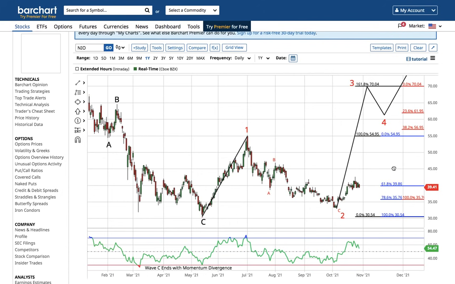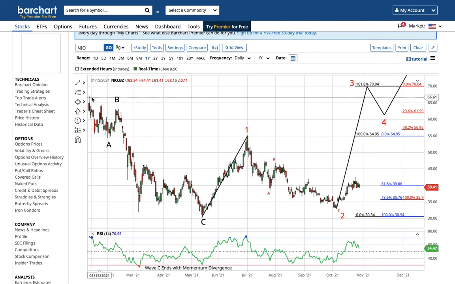So for NEO, XPEV, and Li Auto, they're all Chinese EV and they're all the exact same chart. And XPEV is already above this same relative wave 1 high. So this is wave 1, ABC wave 2, while Li Auto is going to 49, while XPEV is going to around 62. I think NEO is going to go to 70 with a shallow wave 4 correction and a wave 5 higher. So I like the risk reward. I love that Tesla has already broken above the January high.